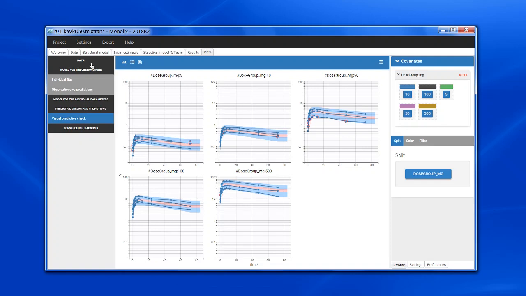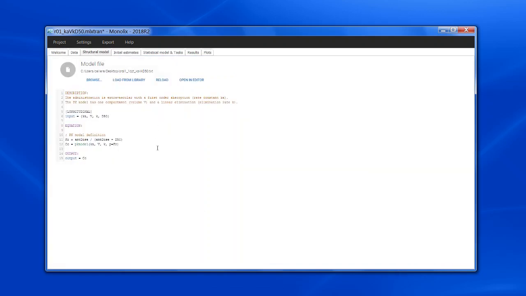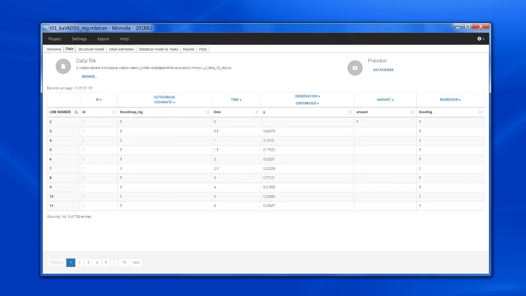However, if you have several types of doses, such as IV and oral, then the AMT dose keyword does not permit to distinguish between the different types of dose. So in that case, the best is to encode the dose as a regressor. Let me show you such a project. So I'm going to open this one here.